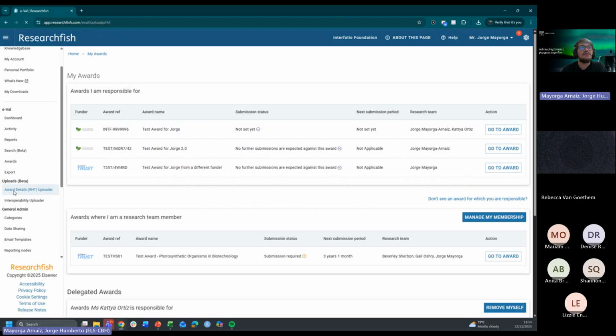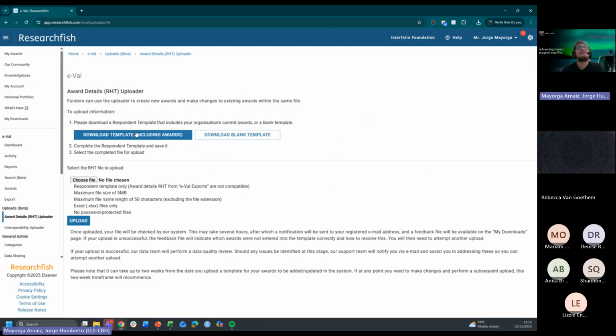If you click on award details RHT uploader, it will take you to the page in which you can download the template, which already includes information on your awards, or you can download a blank template. The difference between the two is that you can use the blank template if you wish to add any new awards and you're not planning on doing any additions to current awards, or if the additions that you want to